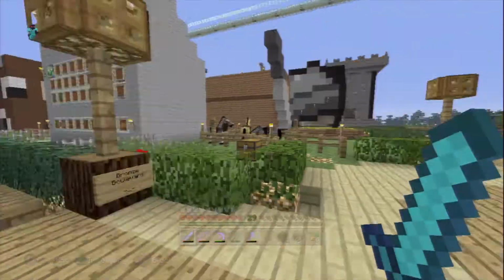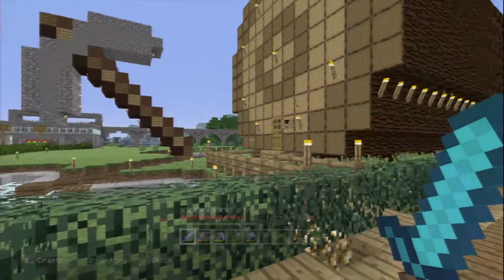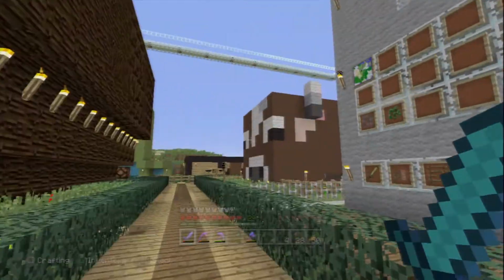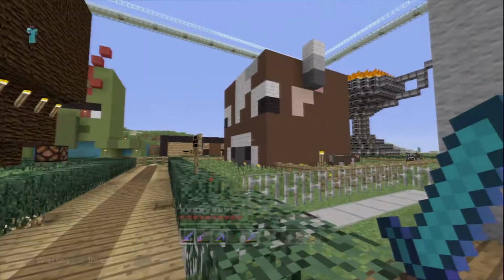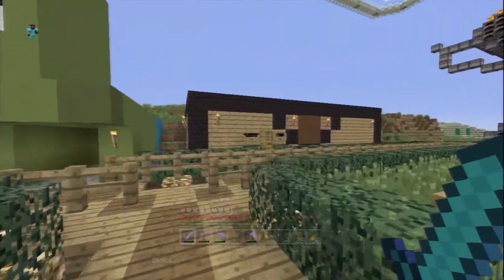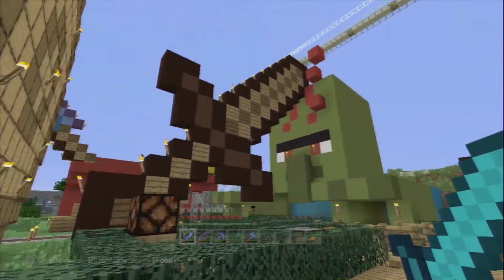So this is the Bronze Boulevard. There's my horses over there. Hello, horses. This is Bronze Boulevard, and this is dedicated to the bronze trophies. So we've got getting wood over here, and we've got taking inventory. We've got the cow tipper. Just down the end there we've got benchmarking, which is a giant crafting table set into the ground. We've got the Monster Hunter trophy and Time